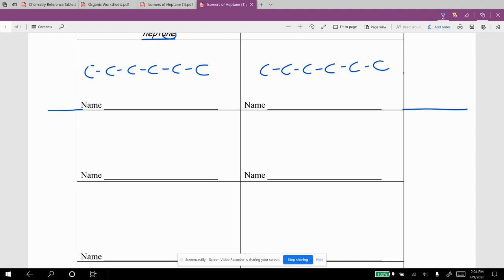Remember, I have 7 carbons, so I have 1 carbon to place. Now, where am I going to place it? I cannot place it on the ends because that's just making heptane. So I need to place it on one of those inner carbons. So I'm going to place the first one here. Now the next one I have to place on a different inner carbon. If I go over to the other one, it's not this one because that's the same thing as the one I drew over here. It's just flipped over. So I'm going to put it on the